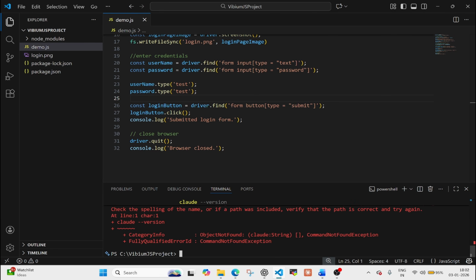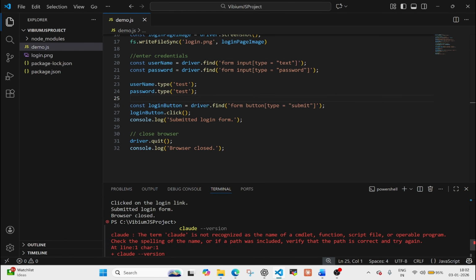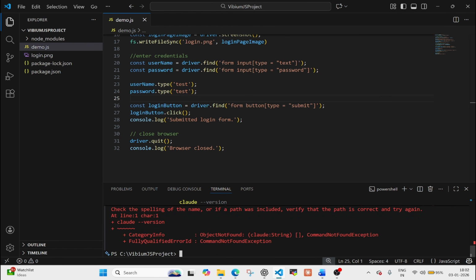to make sure whether I have Claude or not. You can see that Claude is not recognized as the name of a cmdlet. That means Claude is not installed in my system. What I should do is, this project is JavaScript and we have very good support of npm. We also installed Node.js. Let me install Claude Code directly from Anthropic AI, because you know that Claude Code is